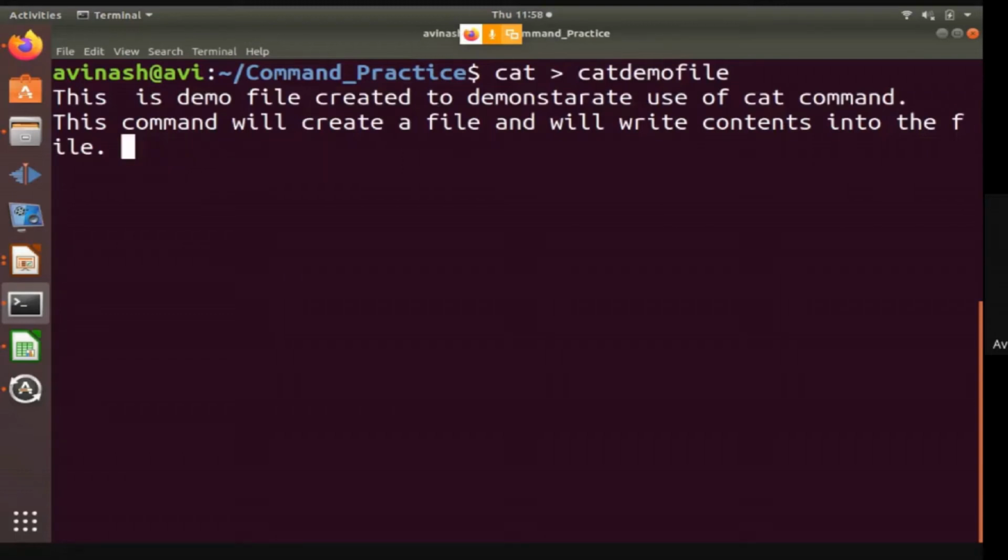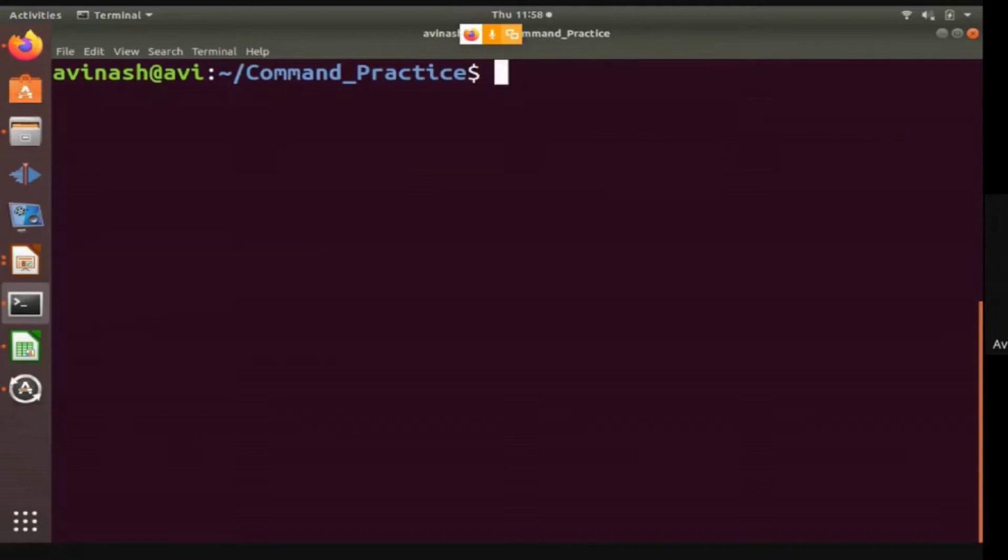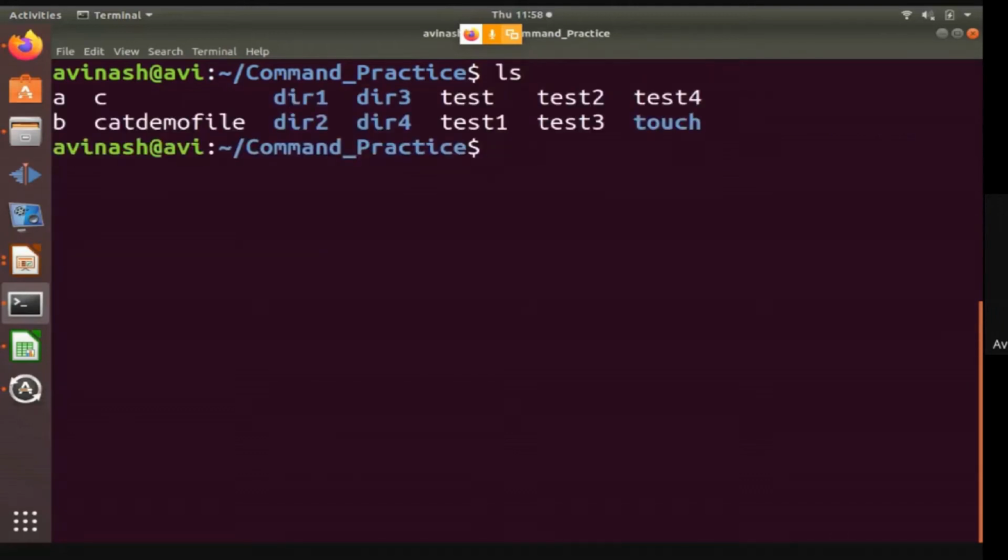What exactly you have to do is press the control key, and at the same time press one more key, that is the D key. So Control plus D will exit you from this mode. Okay, so we have created this cat demo file here.